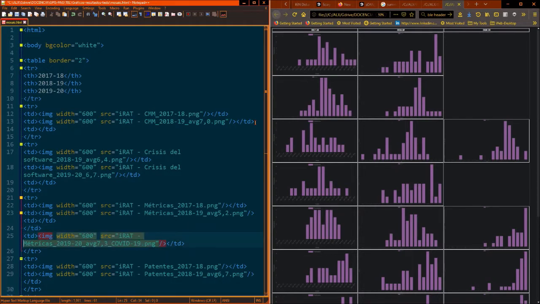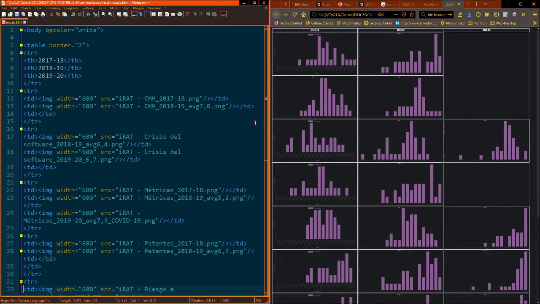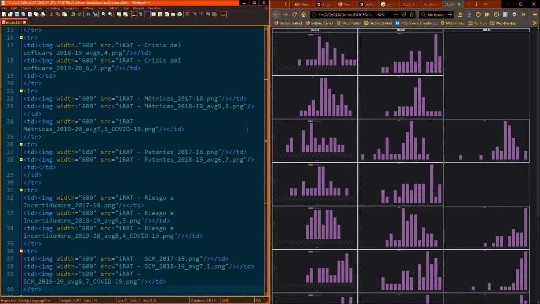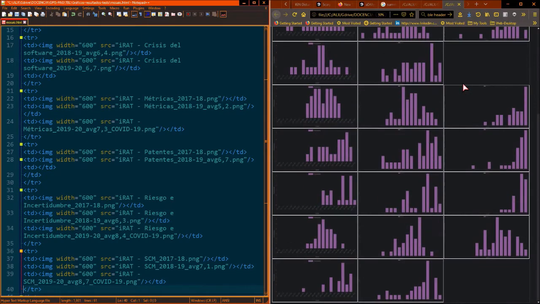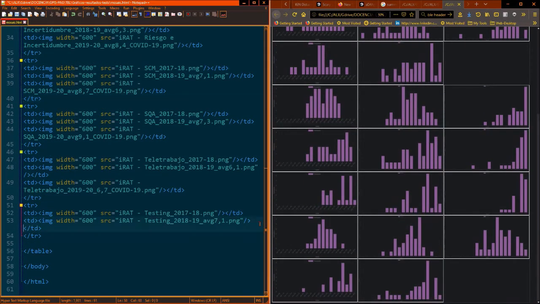So in this case, no, in this case it's fine. I have 3 images for metrics, and in the following I have just 2, and in the next I have 3 images and 3 images. I see it here, so just the last one has only 2 images. Okay.